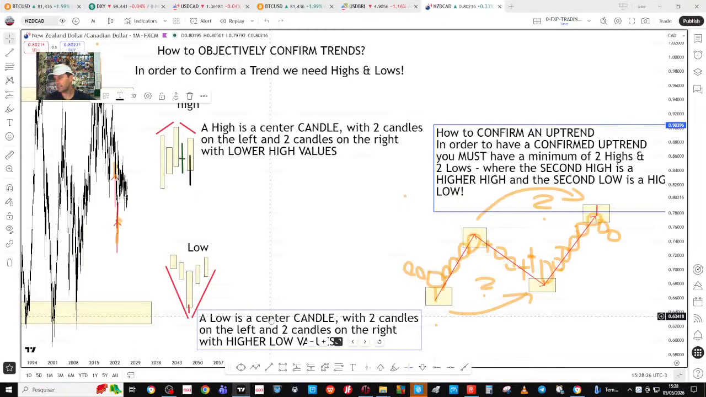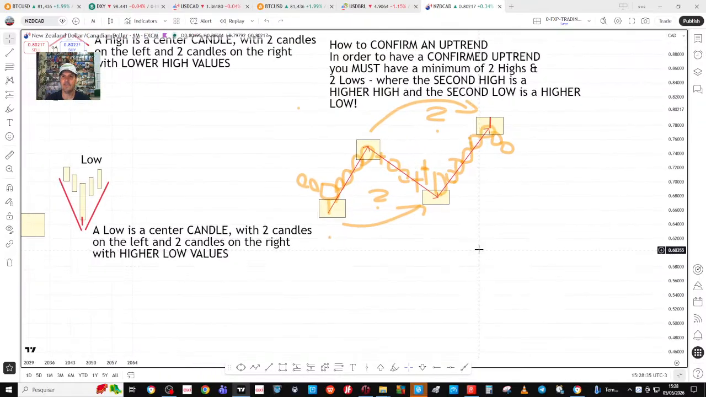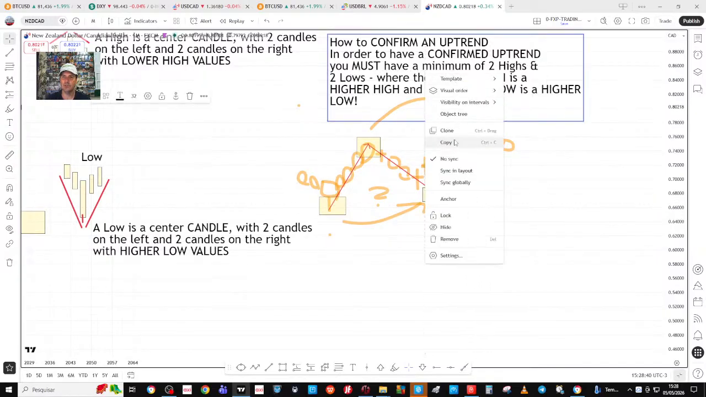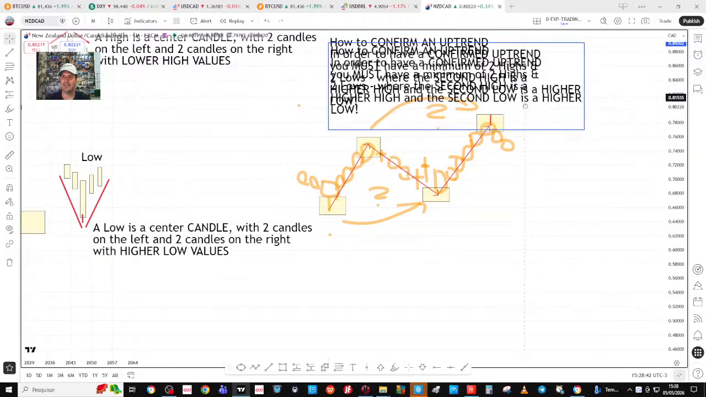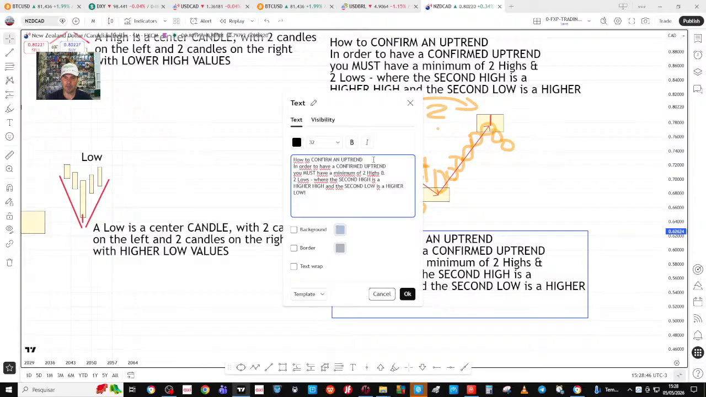Alright, back to charts. Marison, yes it is, we do have a confirmed uptrend now. Alright. What is then a downtrend, right? We're going to clone exactly the opposite, how to confirm a downtrend. In order to have a confirmed downtrend,